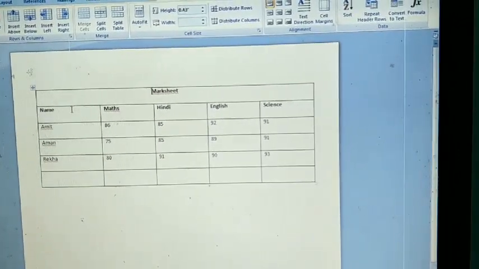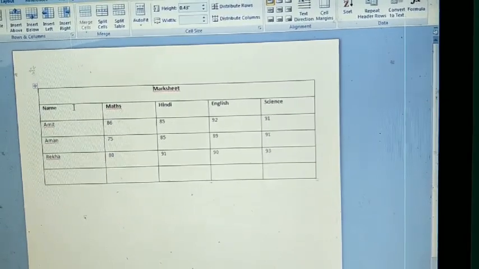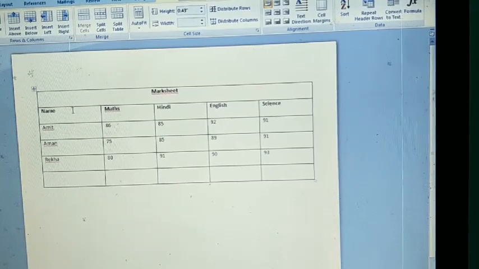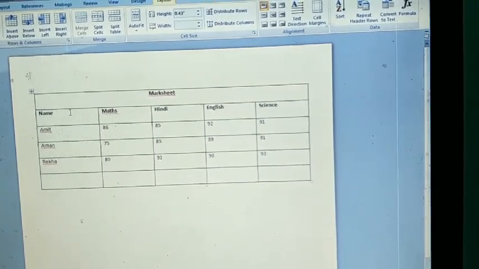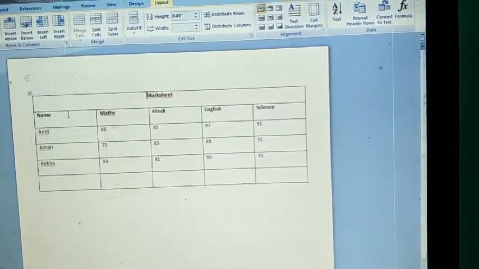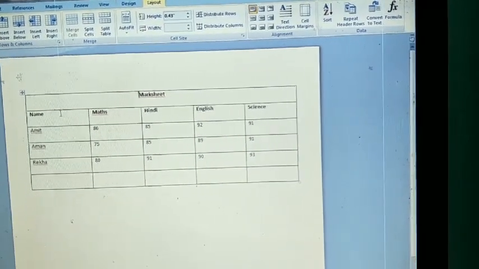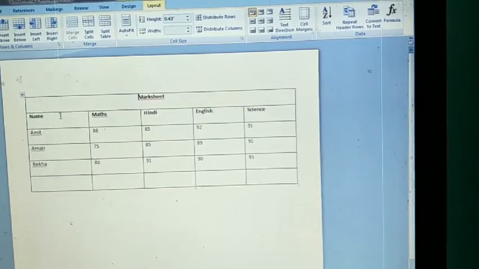Okay, so in that case, if you want to make a common heading for all cells, then you will use a merging cell option. You will merge it and you will write a common heading for all records. Okay, now next one, changing the cell margins.